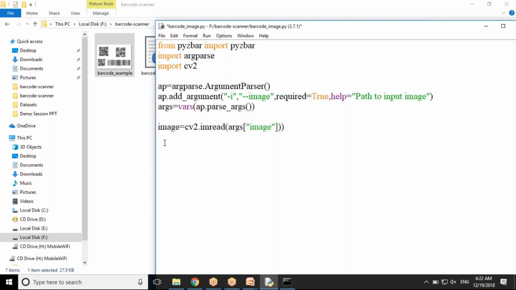Now we need to find the barcodes in the image and decode each of them, because our objective is to read all the barcodes or all the QR codes. I create a new instance, barcodes = pyzbar.decode(image), so it will automatically find all the barcodes available within your image. And because we are not sure about the number of codes available,